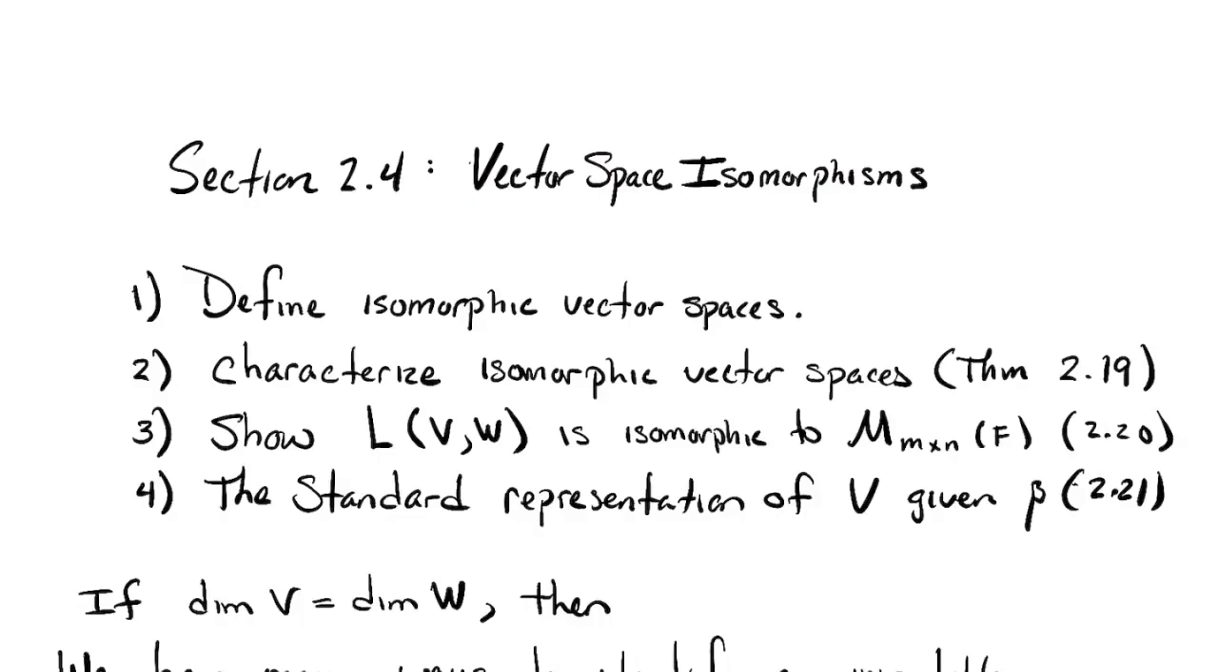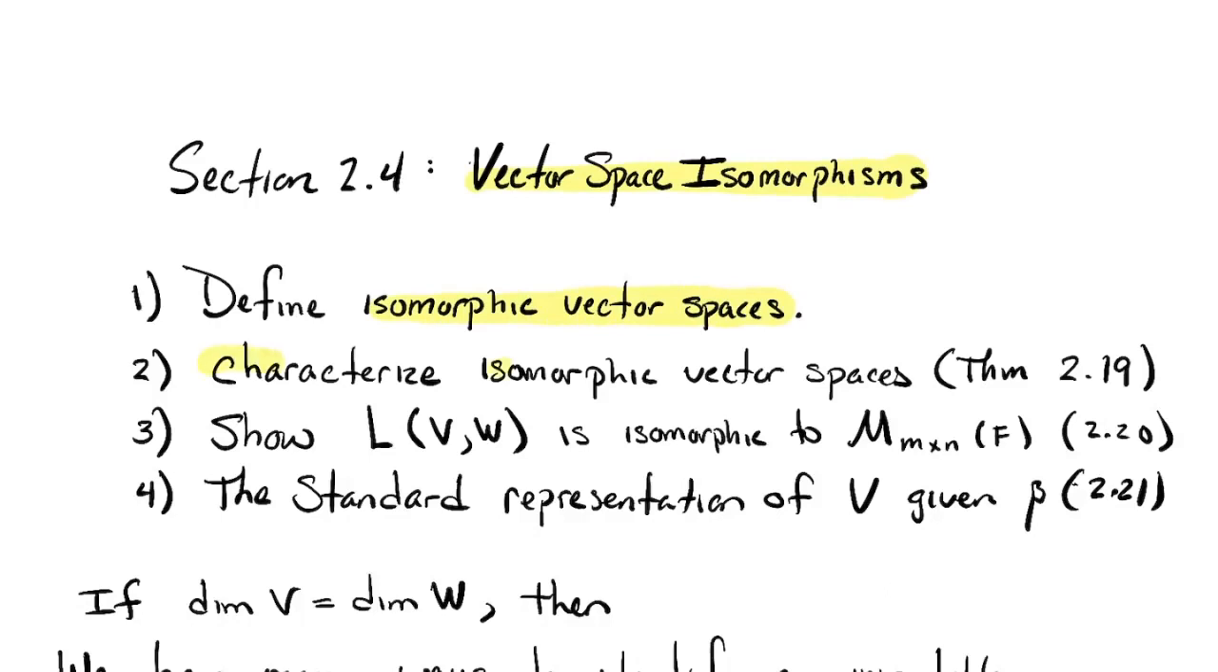Okay, welcome back to linear algebra. We're going to finish up section 2.4, where we've been talking about invertible linear transformations, talking about something called vector space isomorphisms. Okay, so I want to define what I mean by isomorphic vector spaces, then I want to characterize